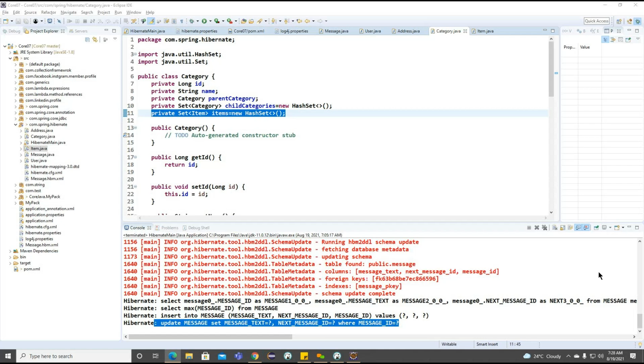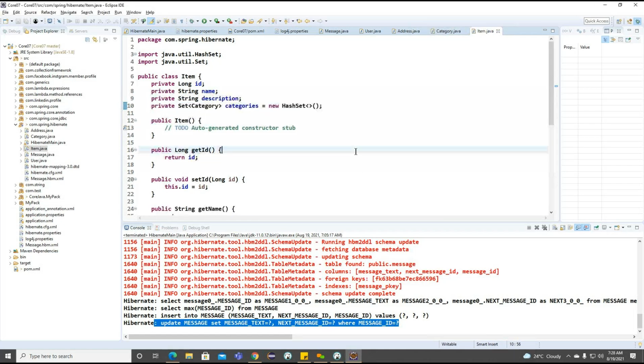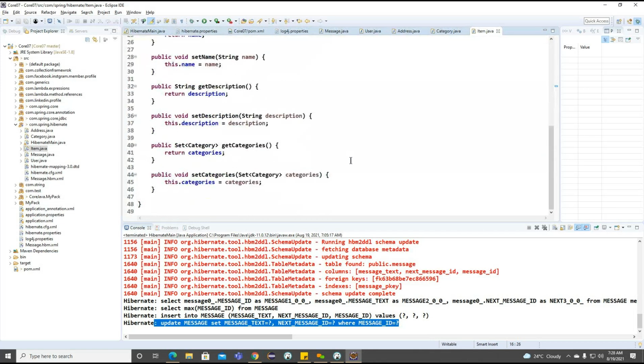So to connect this particular item, now what we can do, we can define one more method inside this particular item class here. Now you can see how I am writing one more method here. So this particular method will perform all the operations here. So public void add category method, which I'm writing inside this particular item class. I'm defining one specific method here to perform the category insertion here.